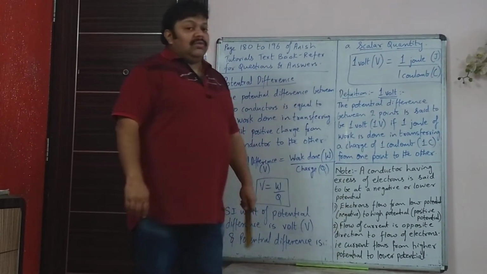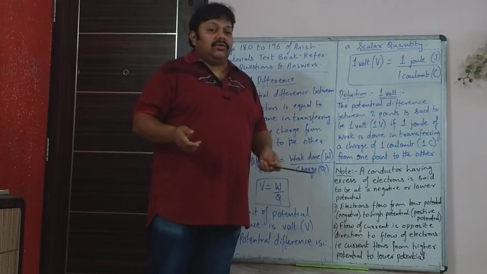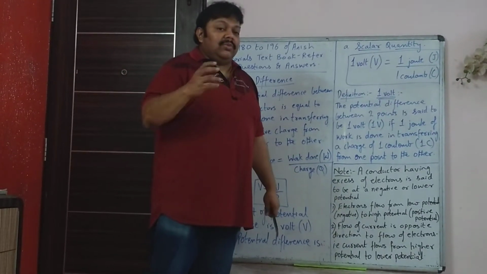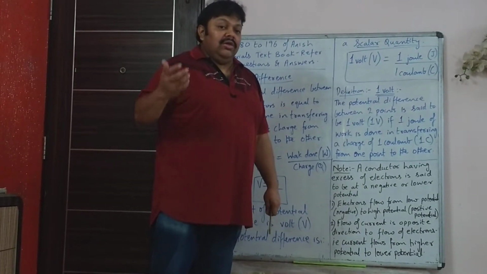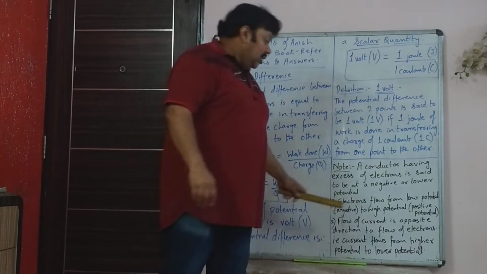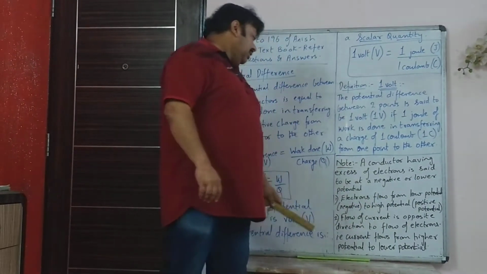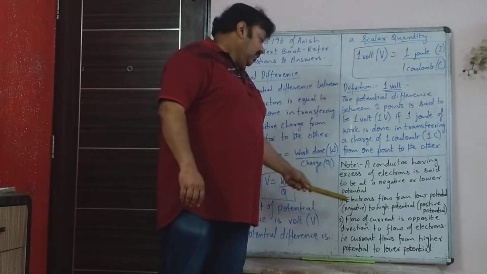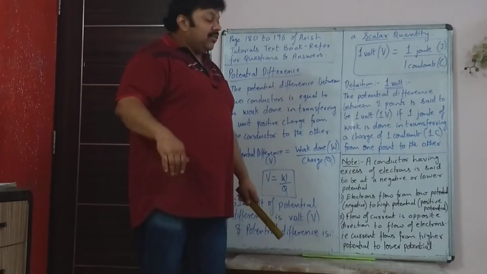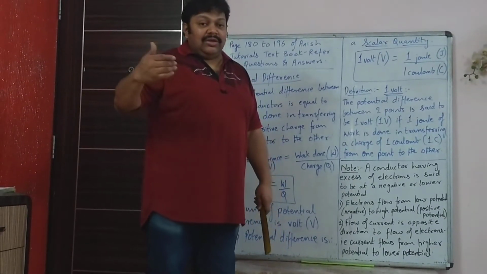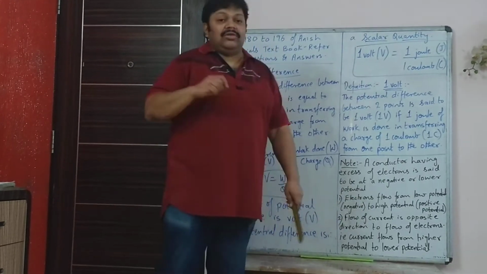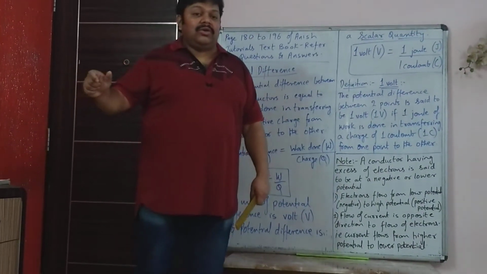Yesterday we were seeing two metallic conductors connected together, and you had seen that the electrons flow from a place where there are excess electrons. That place where there are excess electrons is the negative terminal, or it is said to be at low potential. So electrons flow from the negative terminal, or low potential, to high potential, which is a place where there is a smaller number of electrons, positive potential. So electrons are flowing from low potential to high potential.